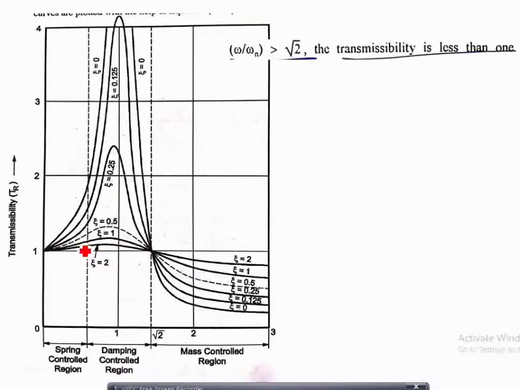Okay. So now let us solve one more problem. Again, this is the graph which you have to always remember. You have to just remember that when r is greater than root 2, Tr is obviously less than 1, and Ft is always less than F0, and as the speed goes on increasing, isolation will be better and better.